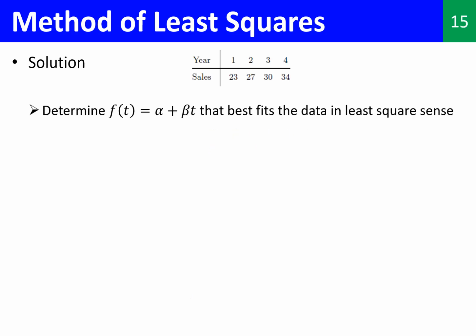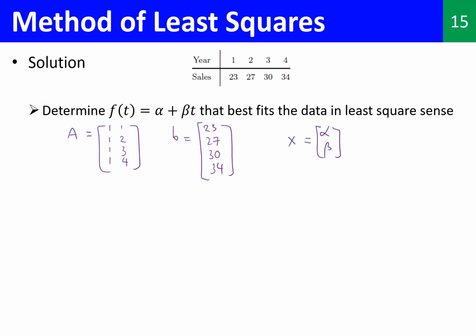We can identify the corresponding matrices for this problem. So A would be equal to 1, 1, 1, 1, 1, 2, 3, 4. And we have b equal to 23, 27, 30 and 34, and x is alpha and beta. Okay,